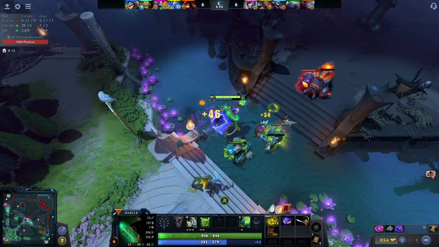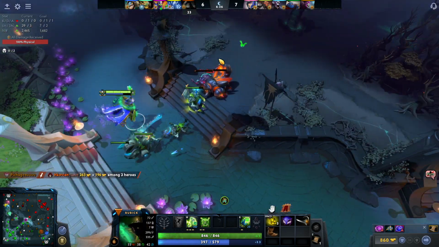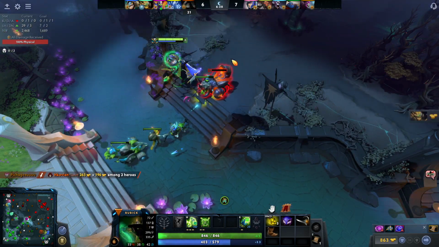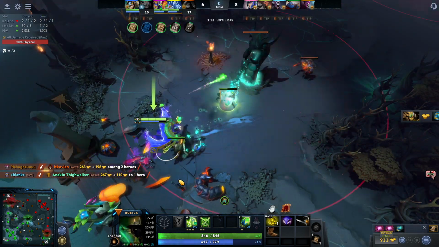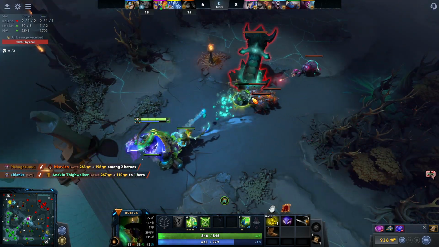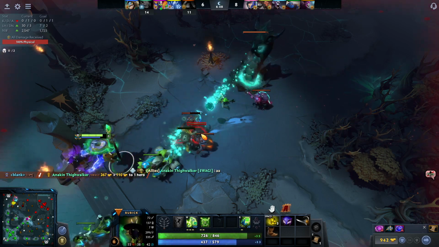Today we're going to be taking a look at mid Rubick and how you guys should build this hero in order to get the most impact out of this hero. Now, Rubick is one of these heroes that isn't really a lane dominator from the mid lane or any lane for that matter, but it provides a lot of control with telekinesis, and Fateful is just one of the best